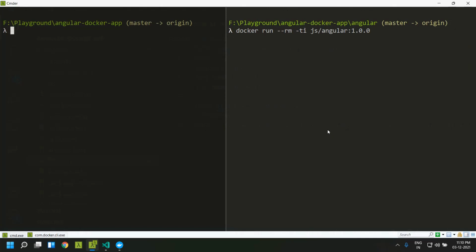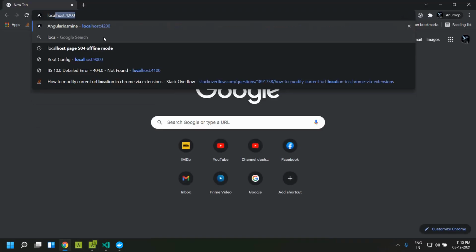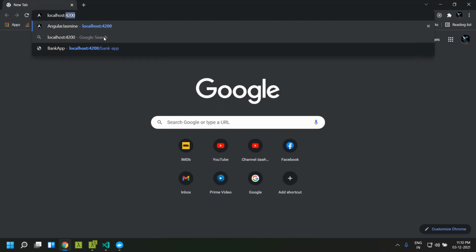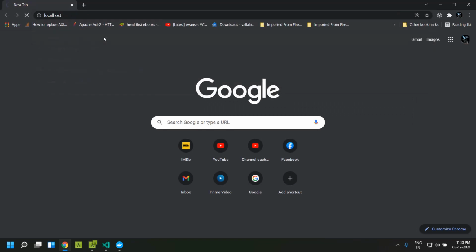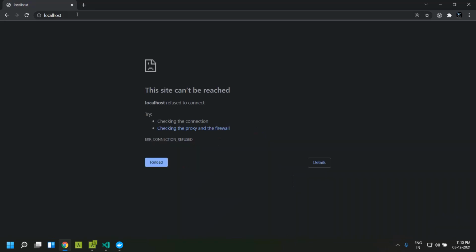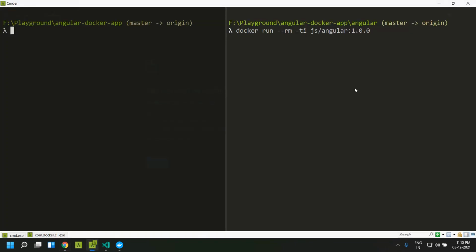Now, once I start running, if I go and check port 80, where we are running the Nginx, you can see that there won't be any site there. So now we can go ahead and add the explicit port opening. This is port forwarding actually.